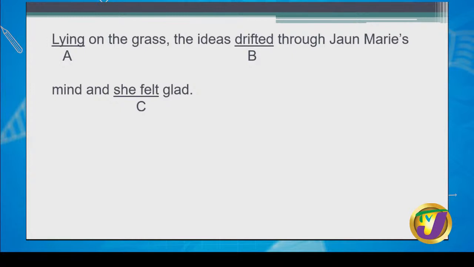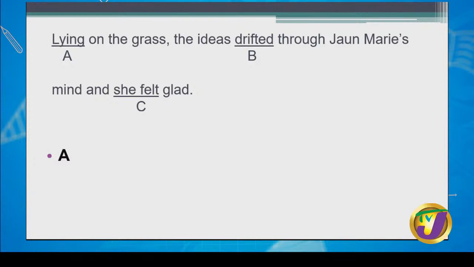And the error, it lies where? Can you tell me? Lies with A. No, I told you about lie and lay. Is that the problem we have with this right here? Should it be laying on the grass? No. Lying on the grass, the correct form of the verb is being used, so it's not the lie or lay issue. But there is something wrong with starting the sentence by saying, lying on the grass, the ideas drifted